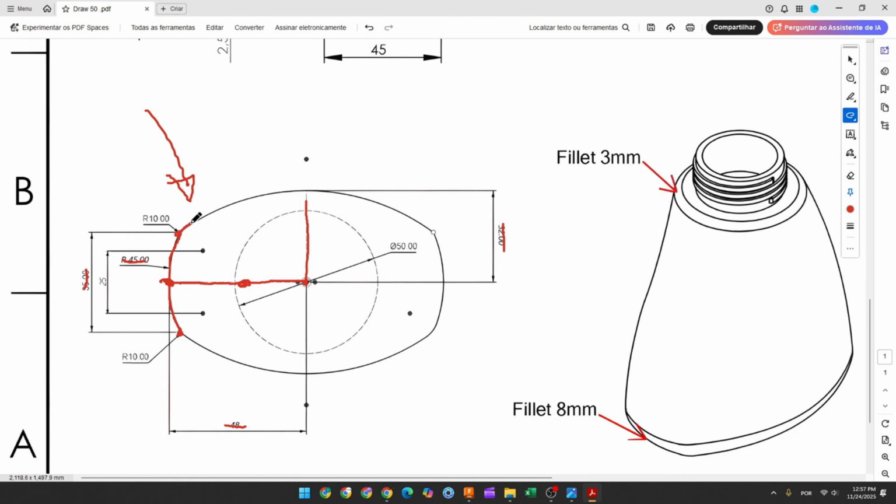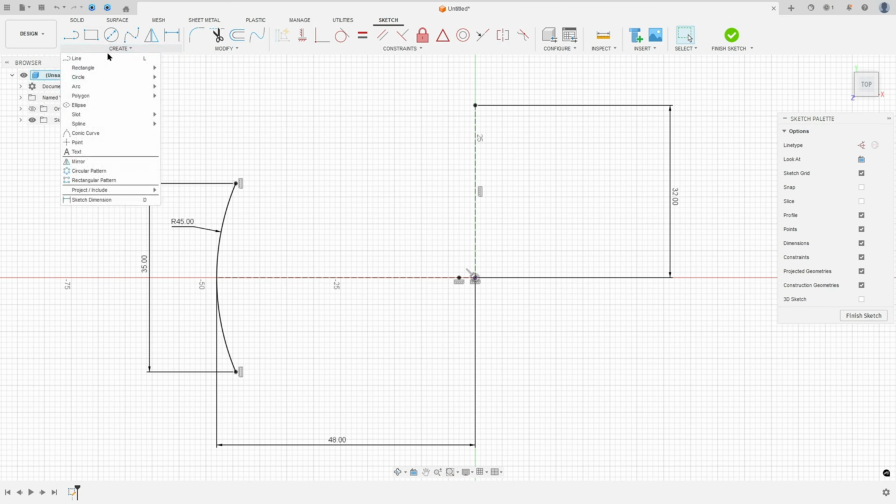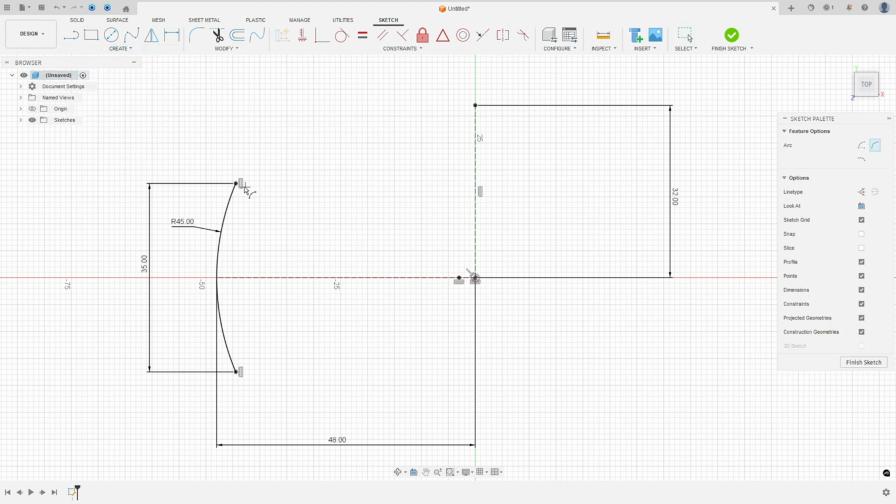Now let's create this arc. This arc is coincident with this one. Okay, and the 2 point here is horizontal with each other, and this arc is coincident with this line at this point here. So go to create, select the arc, 3-point arc, click here on this point, make an arc